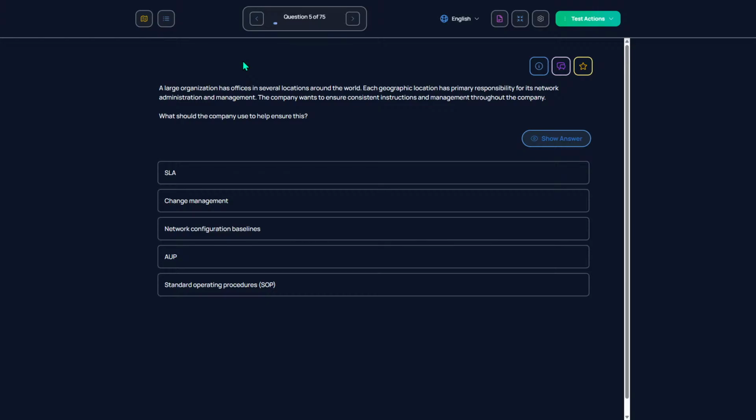A large organization has offices in several locations around the world. Which geographic location has primary responsibility for its network administration and management? The company wants to ensure consistent instructions and management throughout the company. What should the company use to help ensure this?